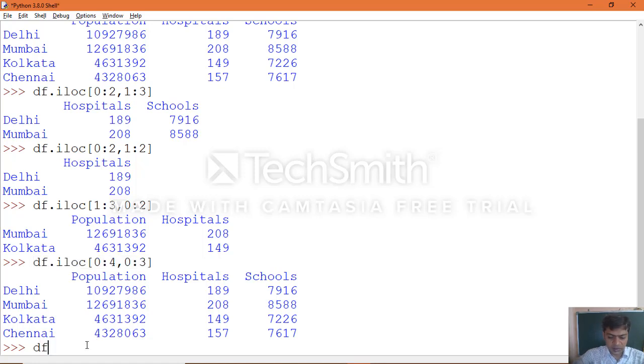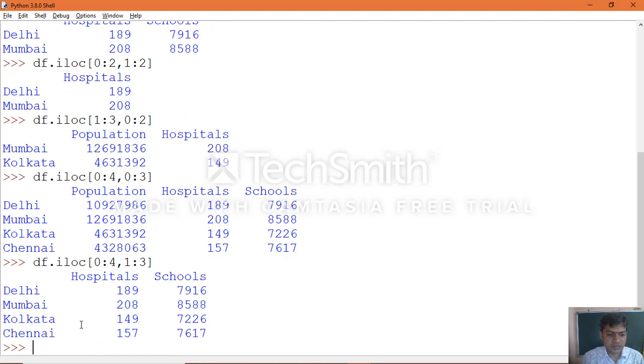Same way, df dot iloc of all the rows, comma, only specific 1:3, then hospitals and schools details you will get.